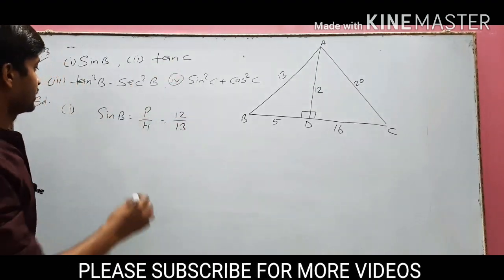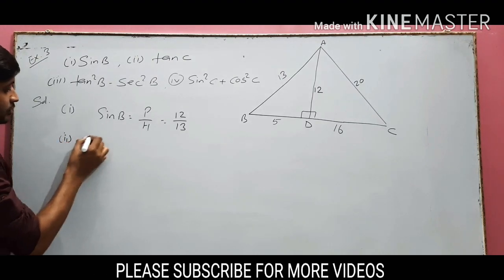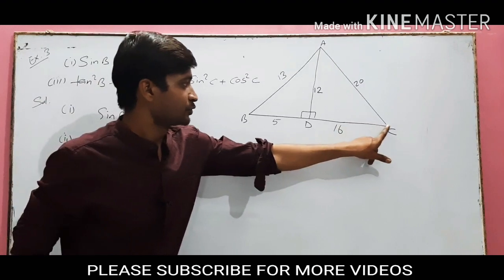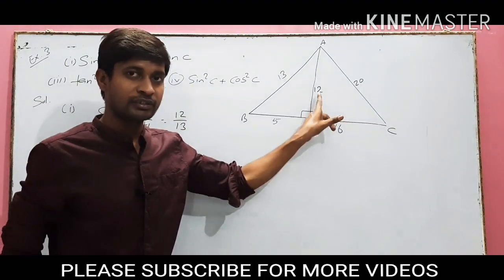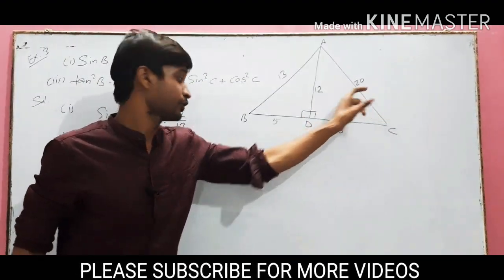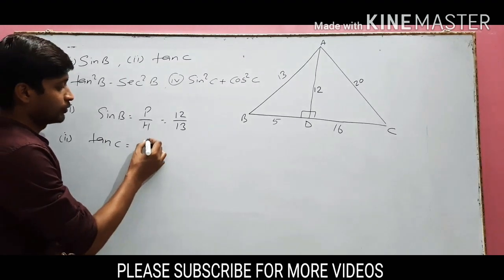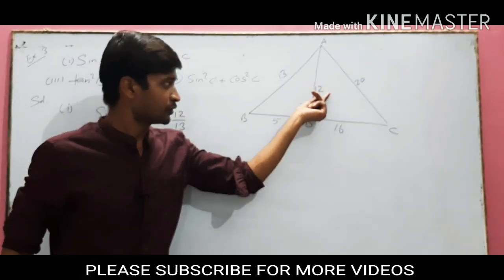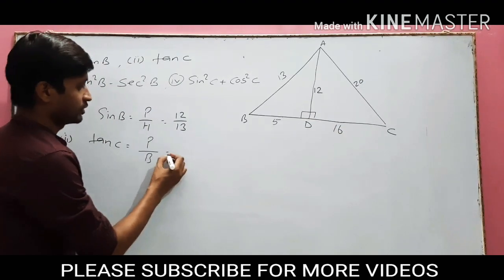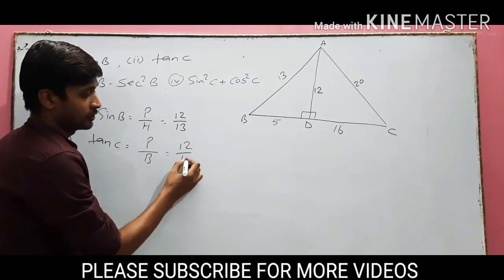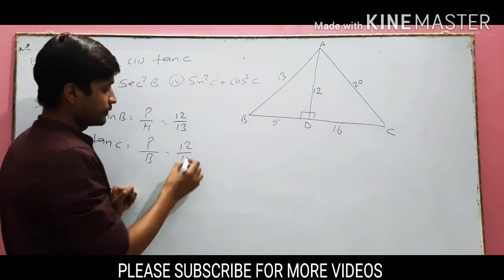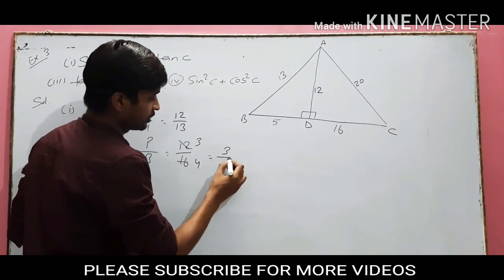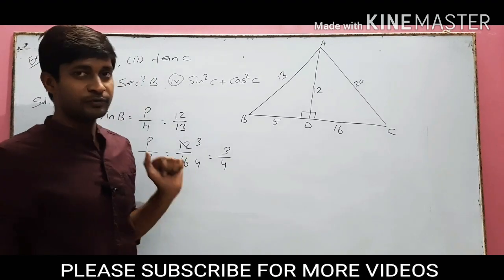And second part that is tan C, right? Tan C. See, where is C? Here C. So for this angle, this will be perpendicular, this is the base and this is hypotenuse. For tan we know, and I have told in first video, P upon B for tan. So what is P? P is 12 and B is 16. So right here 12 upon 16. Both are divisible by 4. So 4 3s are 12 and 4 4s are 16. 3 by 4. We have calculated both the parts.